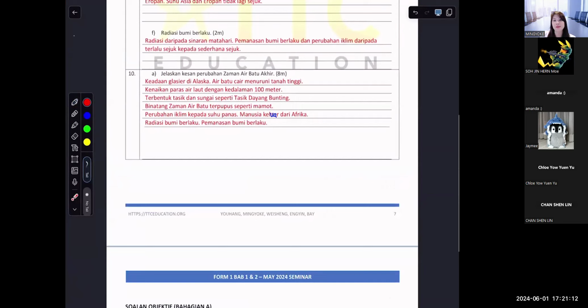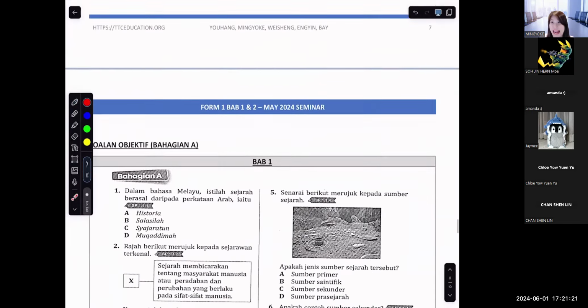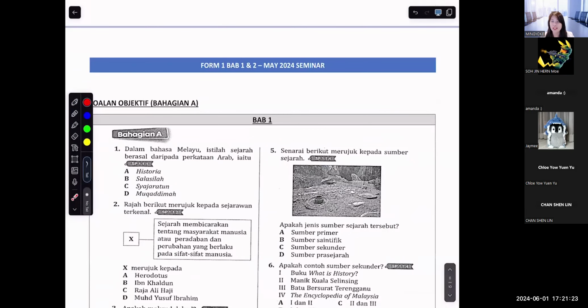So it is time we need to go and do our objective, guys. Are you ready? Good. Now, objective, how do you answer? Very simple. Guys, you just need to catch the keyword. Guys, very easy. Okay, I want to show you how, because a lot of times one later word determines it right or wrong.